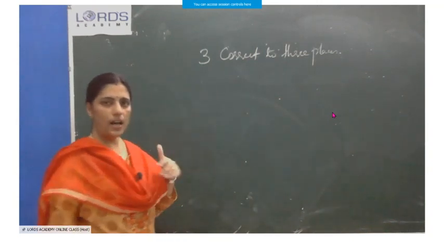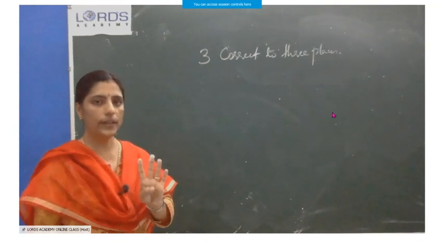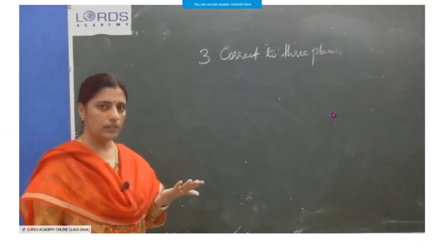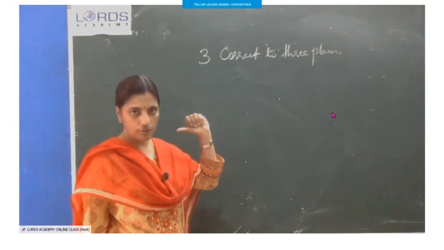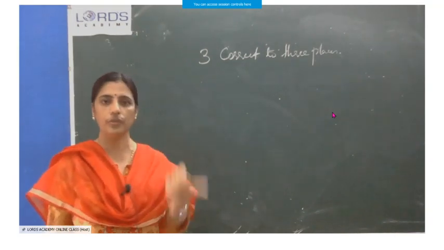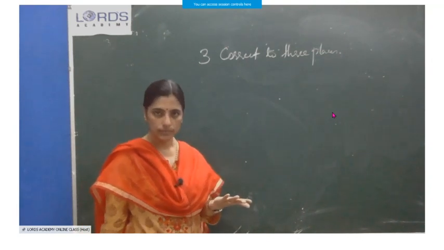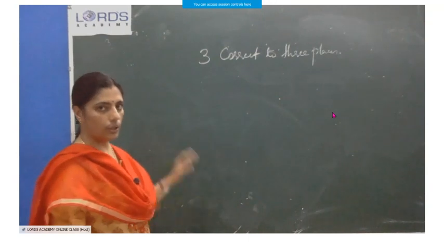What I told, if they ask for 3 places, we have to find for 4 places. One more extra we have to find. For what purpose are we finding it? Just to round it off. Last time they asked for 2 places, so we found for 3. Now they are asking for 3 places, so we will find for 4. So it's a lengthy question. Still we know the procedure, so we are going to start.